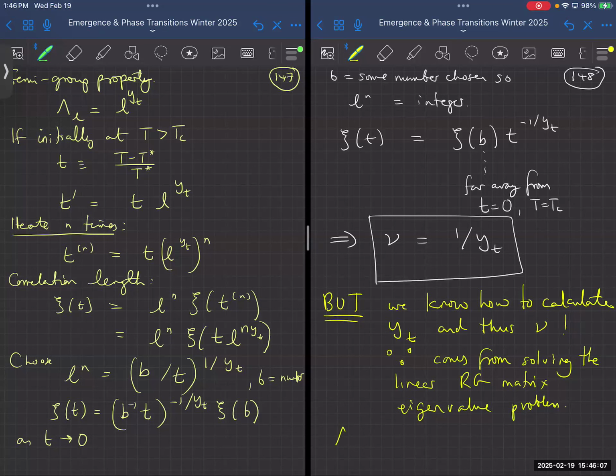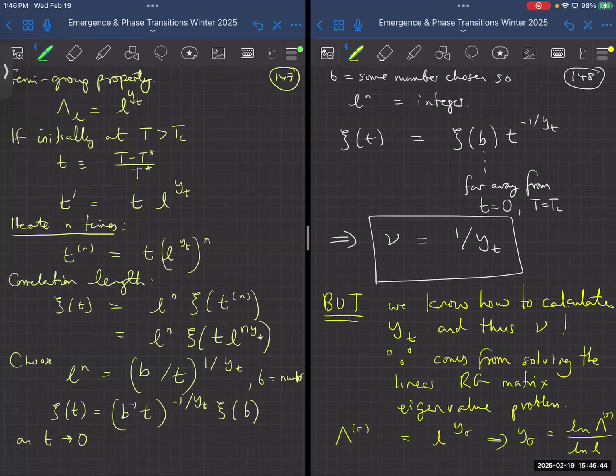So if I know what those eigenvalues look like, on general grounds they have to be L to the y sub sigma. And so that means that y sub sigma is equal to the logarithm of lambda of sigma divided by the logarithm of L. And so I can calculate those exponents. And that's the